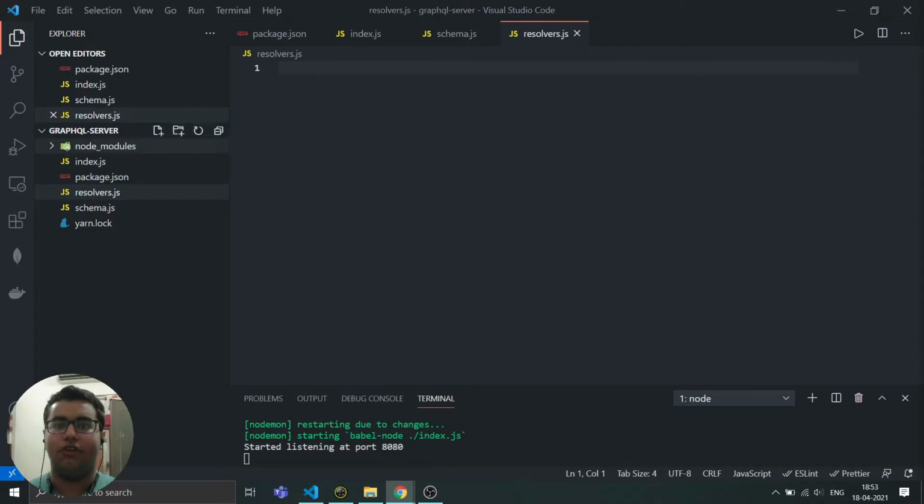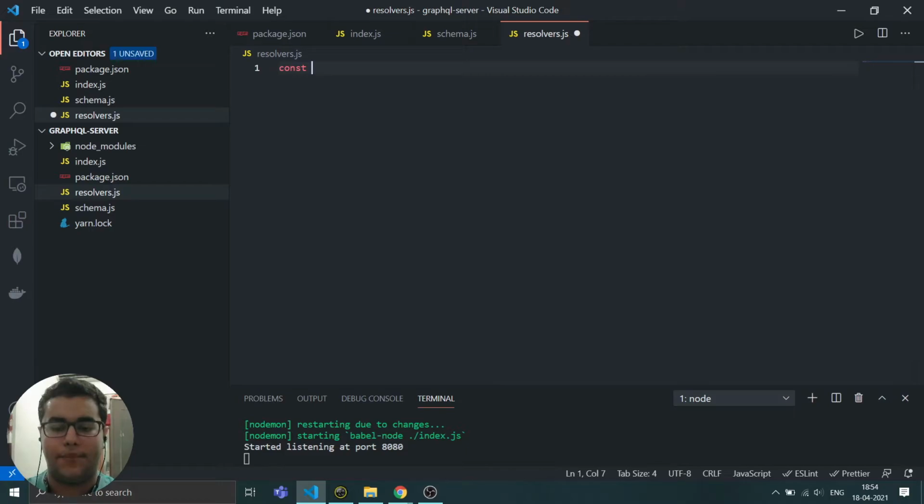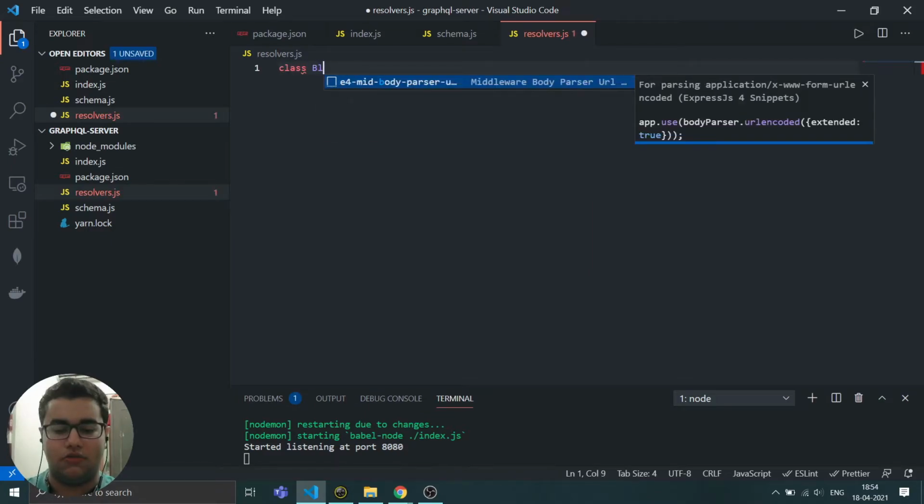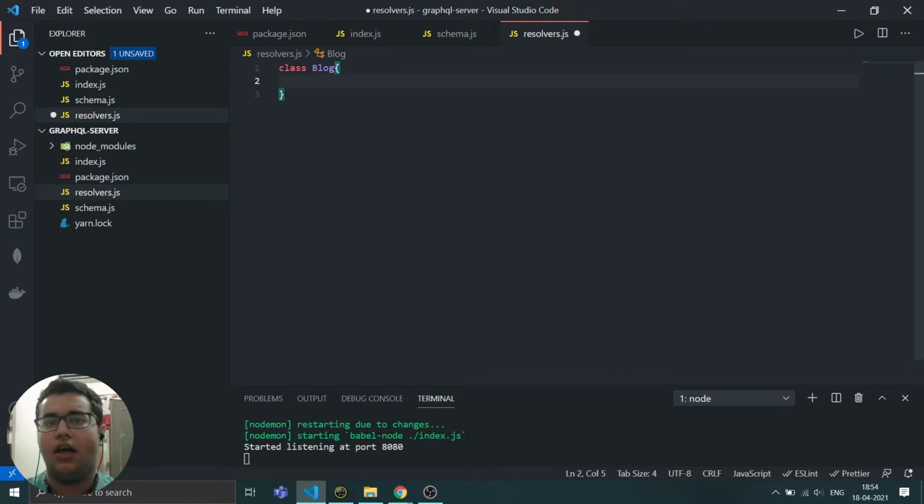That thing we will be writing in the resolver. So let's create a class of blog. You can use a functional way of doing stuff, but I am using the class-based approach over here.